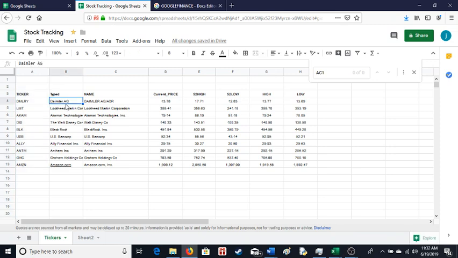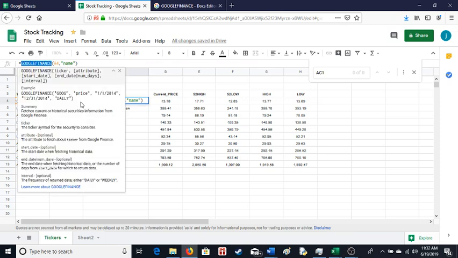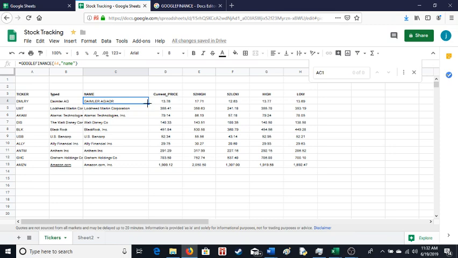I've typed in the stock names, but what's cool about Google spreadsheets, and particularly Google Finance, is that you can click on your stock ticker, which is in cell A4 for me, and ask for the name, do an auto filter down,